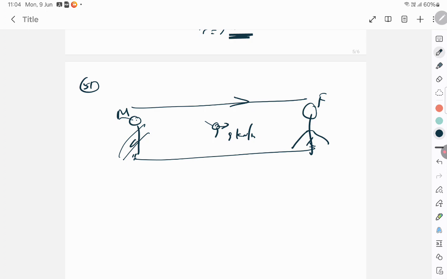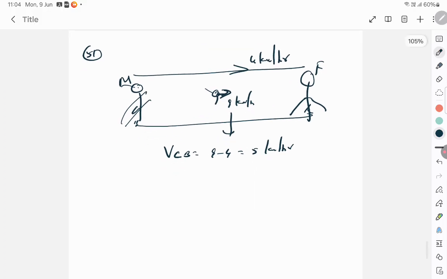Now the belt is moving at a speed of 4 km per hour. The child is moving at a speed of 9 km per hour. Both of them in this case are running in the same direction. So then you subtract. So you get 9 minus 4 is the relative velocity of the child with respect to the belt, which is 5 km per hour. And next, this is the first case where the child is taken to be running in the same direction as the belt. If the child is running in the opposite direction towards the mother, the velocity of the child with respect to the belt will be, you have to add it,